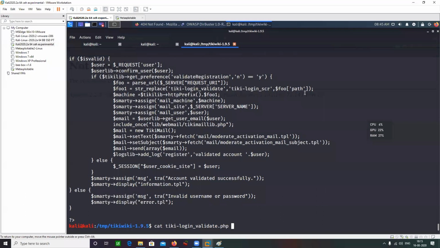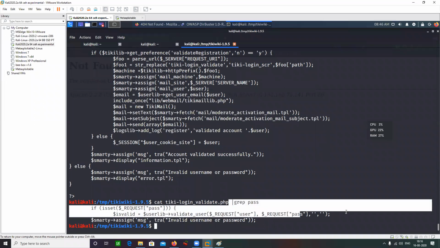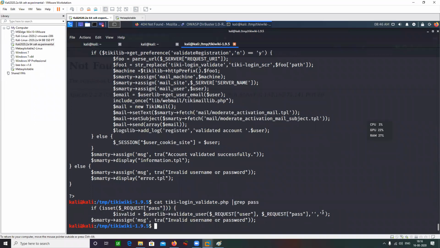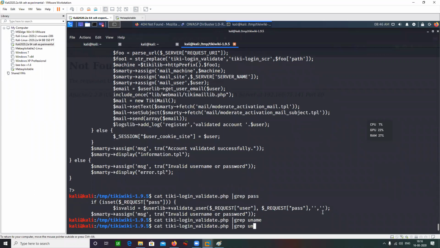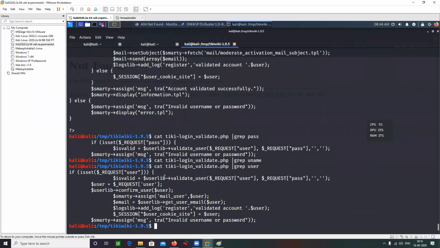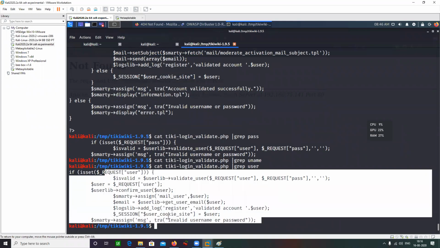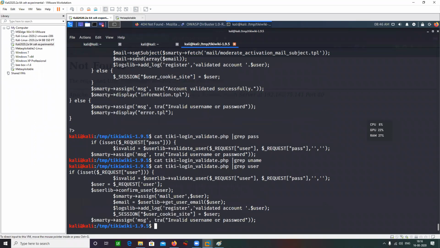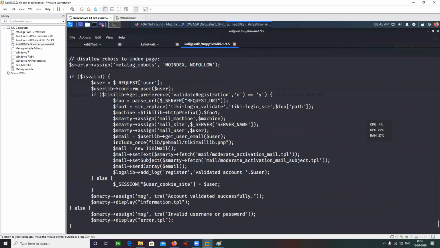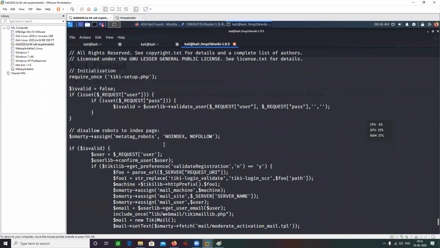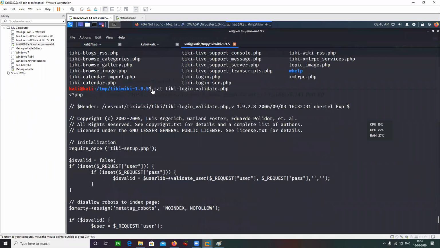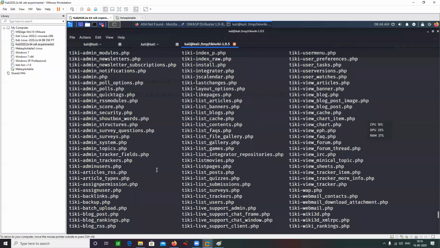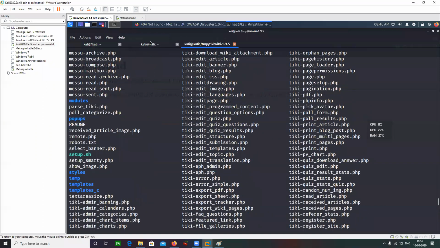Let's go through it. Grep for password if we have any. Invalid username, password. Nope, we do not have any. Just search for unames or usernames. Nothing. Okay. Well, never mind. So that was just a hit and trial thing. That's why it's not easy stuff. The local enumeration is very difficult. Enumerating some specific port, it's very tedious.